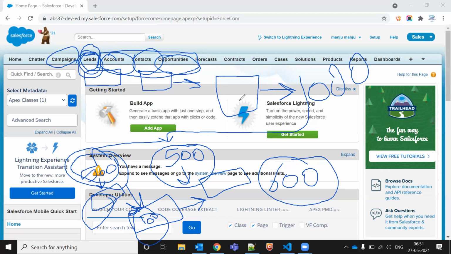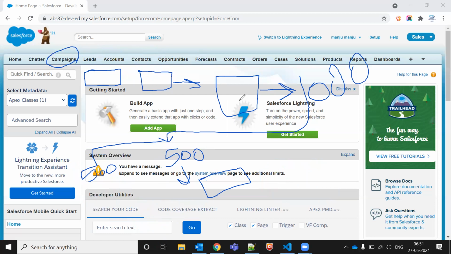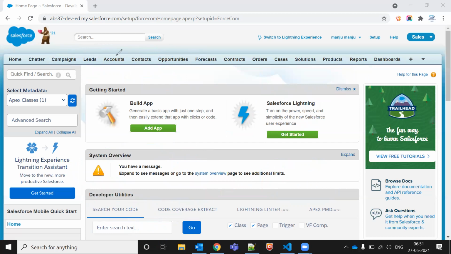Okay, that is the flow of Salesforce. Now, what is your account? Account is nothing. That is company. Company means, let's say,